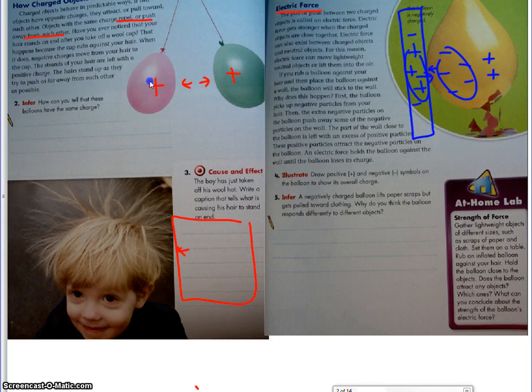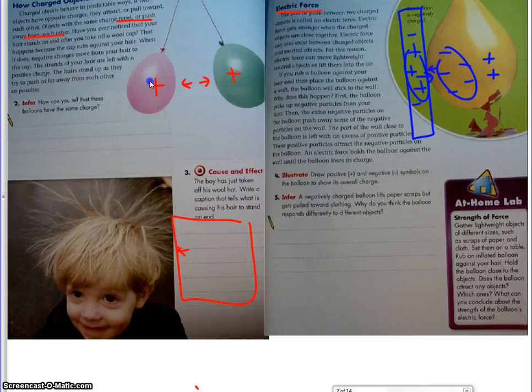The part of the wall close to the balloon is left with excess or extra positive particles. These positive particles attract the negative particles of the balloon. An electric force holds the balloon against the wall until the balloon loses its charge. Okay, so if it doesn't stick, that means we go back to neutral, where you end up having the same